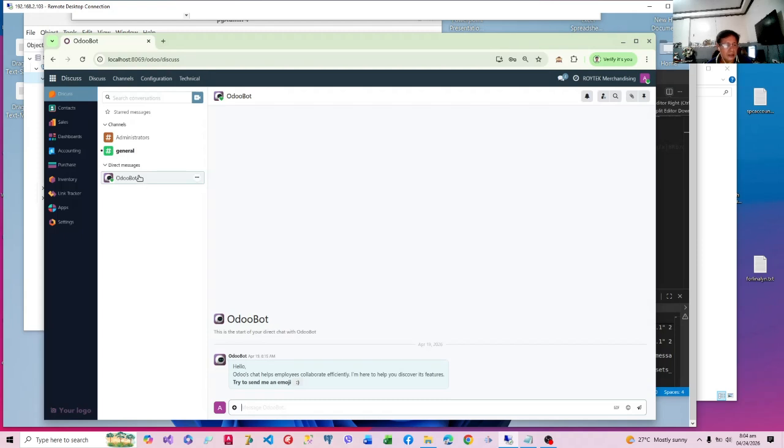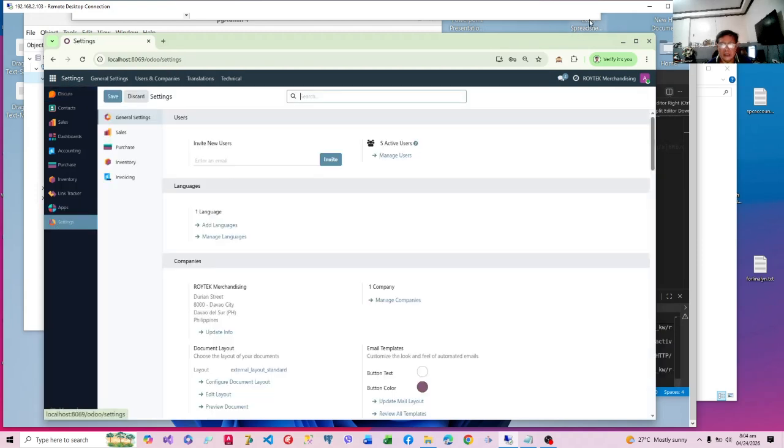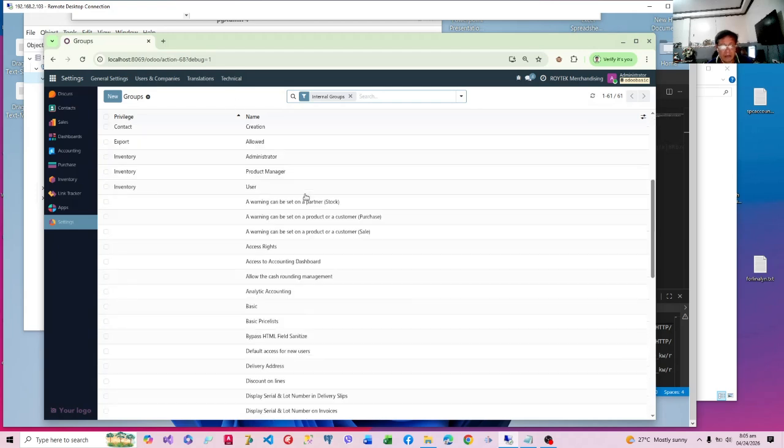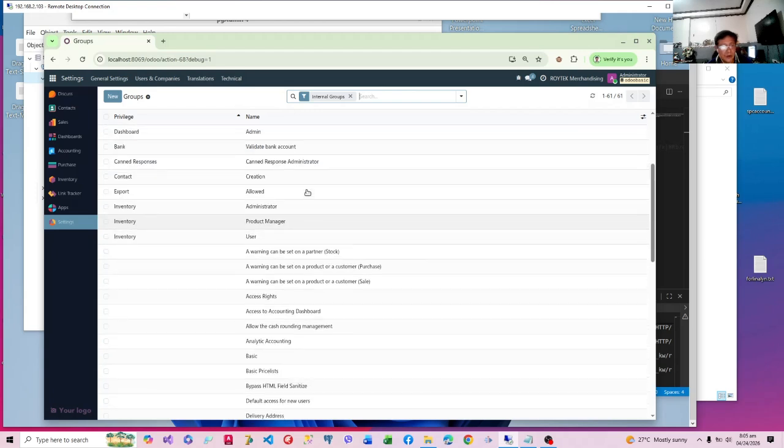So we are now logged in as administrator. We go to settings, set the developer mode on, and go to users and companies. Now we have to choose which group we can use to inherit, so that we don't have to start from scratch again because this is not yet tailor fitted by Odoo itself. Before, we had a product manager, we'd like to use this, but we don't want a warehouse manager to edit the products because it will be in conflict with the role of the product manager. So therefore, we'd like to inherit the administrator.